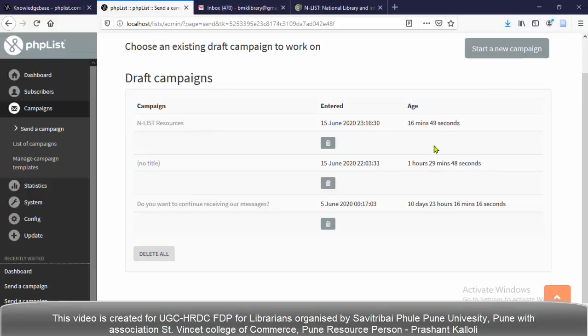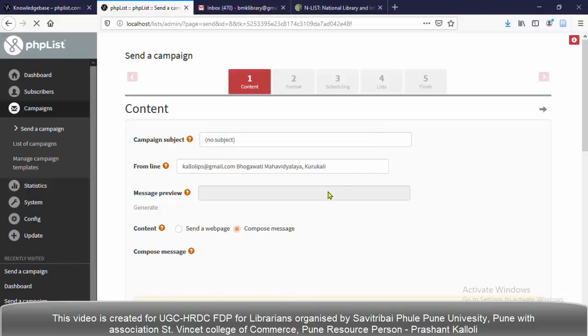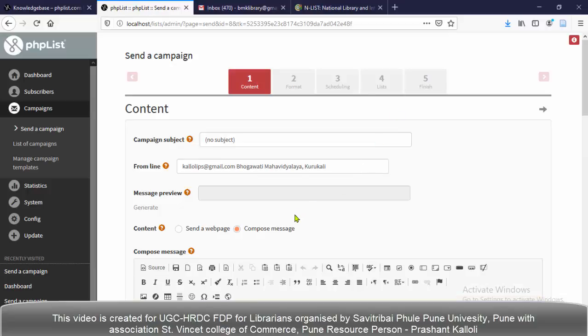To start a new email campaign, click the Start a New Campaign button, which is on the right-hand side. This is that button. I am going to click it and start a new campaign. Now a default campaign page will be displayed.